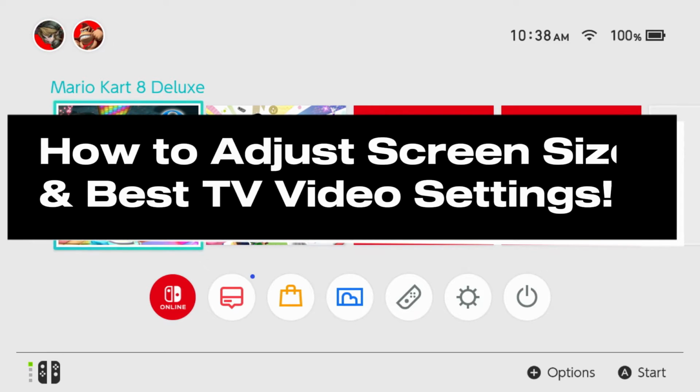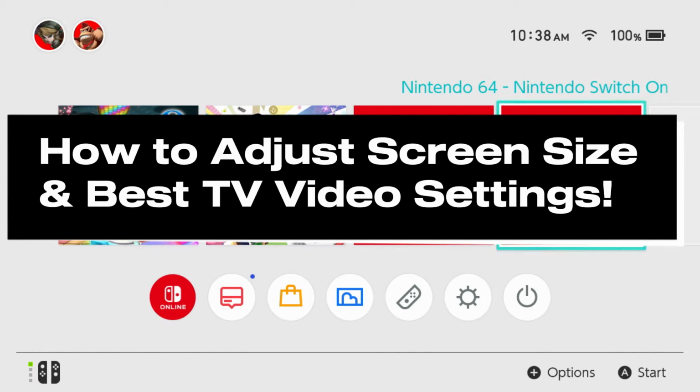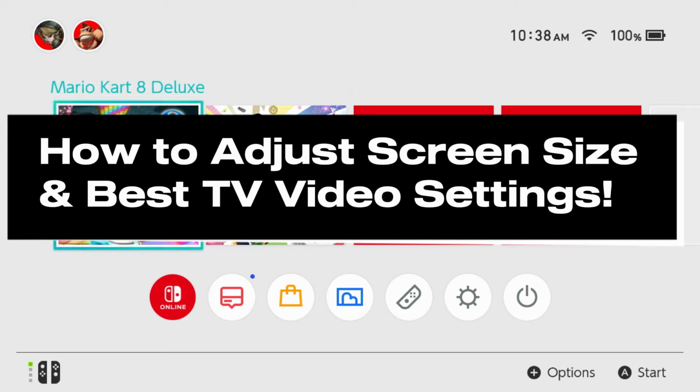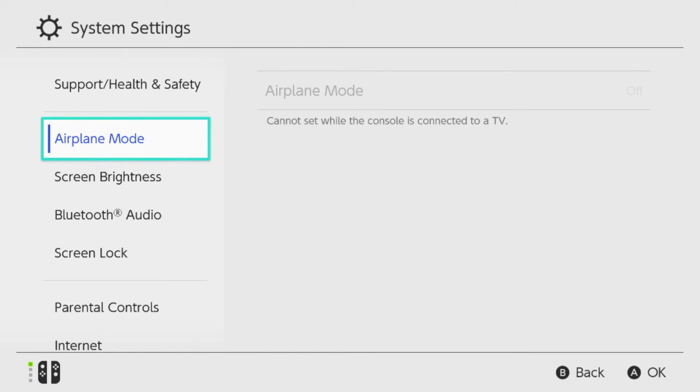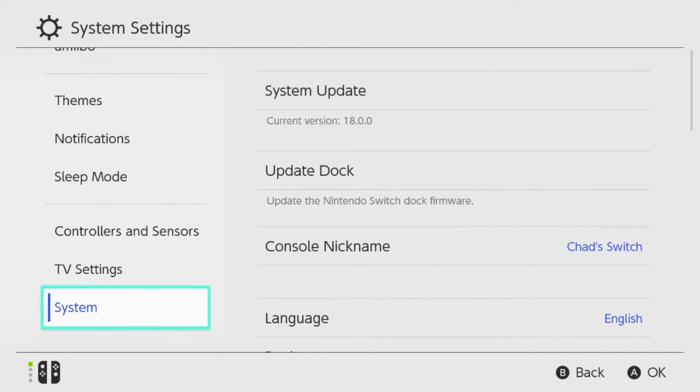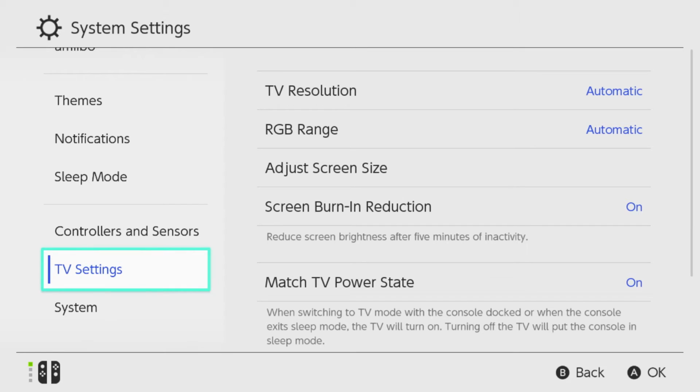In this guide, I'll show you how to adjust the screen size and the best video settings for your Nintendo Switch. So the first thing you want to do is go to System Settings in the bottom right. Then on the left sidebar, scroll all the way down, and we're going to go to TV Settings and scroll